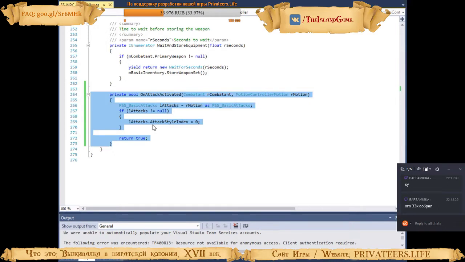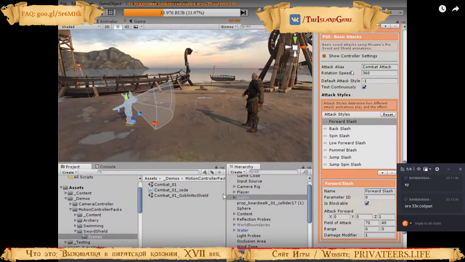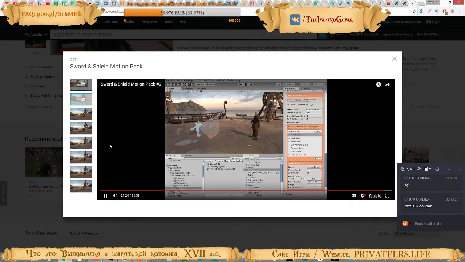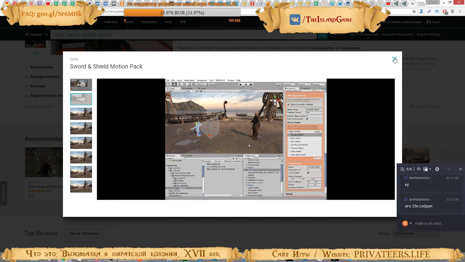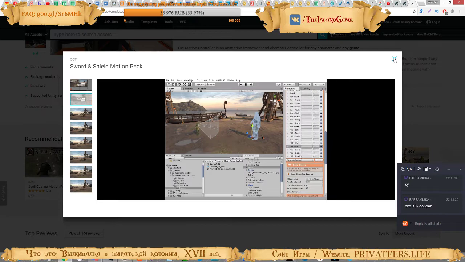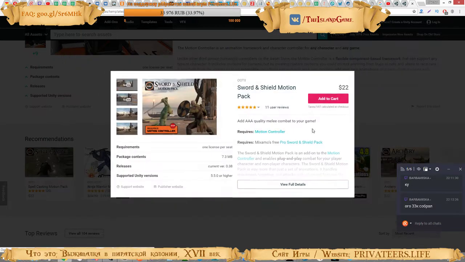So this was a longer video than I planned, but I hope this gives you an idea of how the system sort of works and why the pieces are, and at least gives you a good starting point. And again, with all my assets, they're componentized so that anybody can use them in any game, and you can throw out the combatant if you want to customize it. You can add new attack styles if you have animations for those and you want to use those. The idea is I really am trying to give you the ability to create your unique game. So again, I'll see you on the